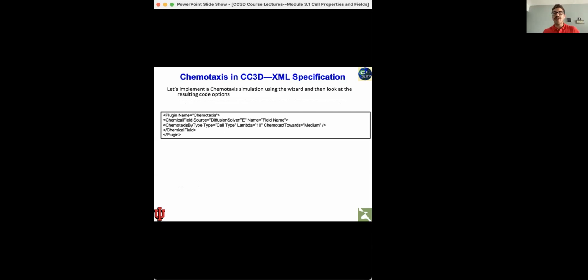There are multiple ways we can implement chemotaxis in CompuCell. For the purpose of this module, we will do the simplest type of chemotaxis implementation, which is done in the XML specification. This is the code that we will have to fill up. We'll have to specify the name of the field that will cause our cells to move, the type of the cell that will be moving, and then the lambda chemotaxis, as described in the previous